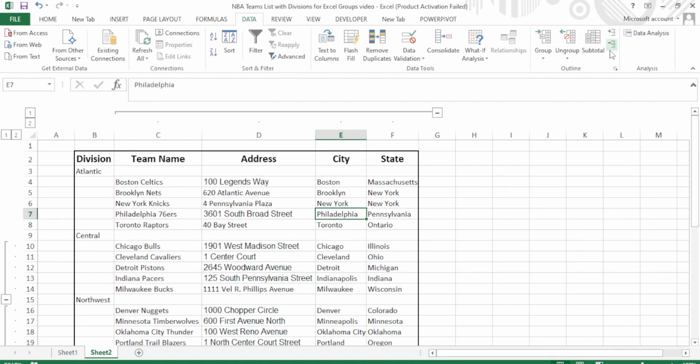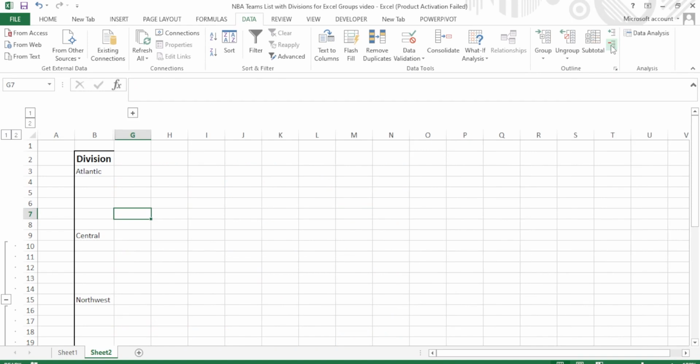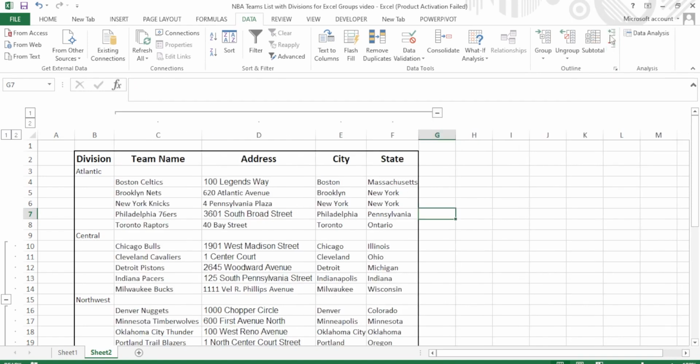Now there is another option, subtotal, and also if you want to visualize, there is the show detail option. You can see the expand and minimize that you can see now. It's there, it's here also. Now the second